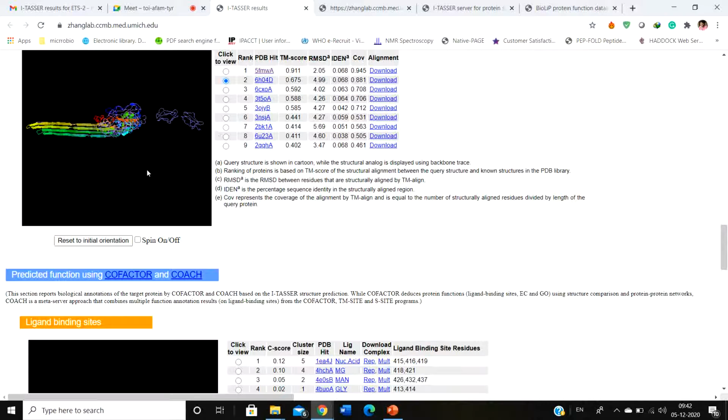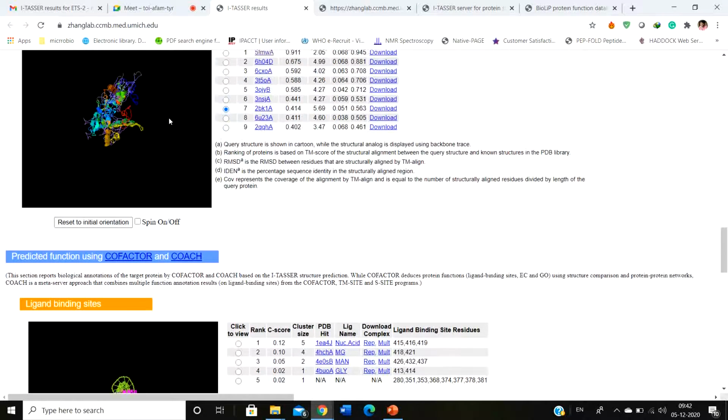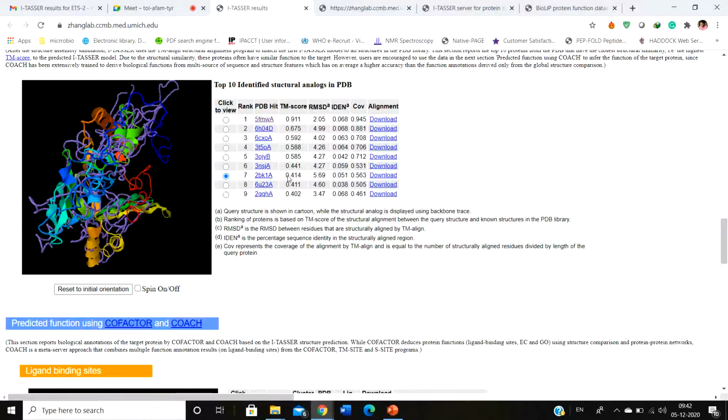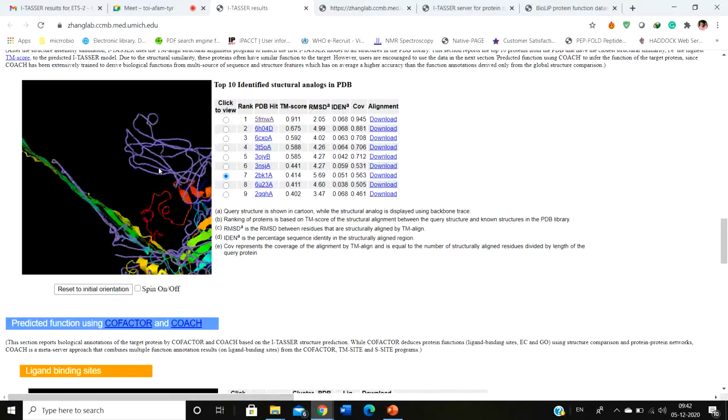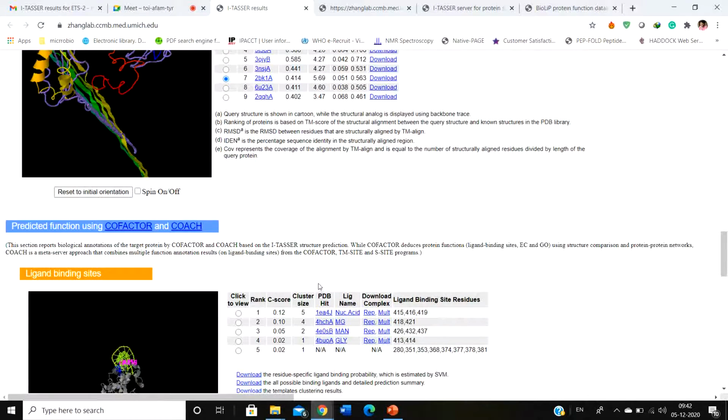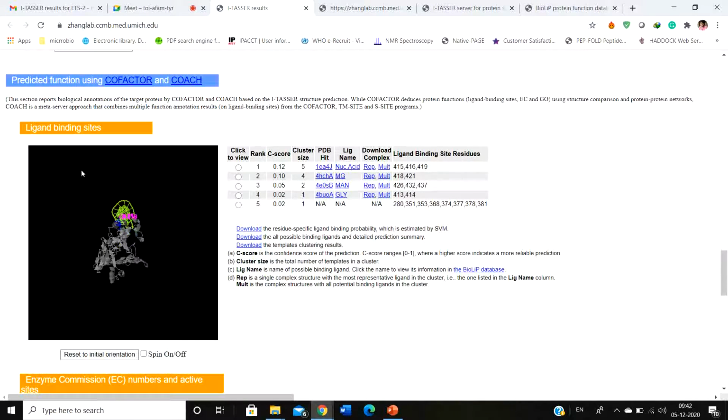Okay, so I've clicked it already, so it's going to take a lot of time. So in this particular case, it's 2BK1 belongs to. You can see the other residues that are coming up when I'm clicking each and everything. So next is going to predict this particular ligand binding site.